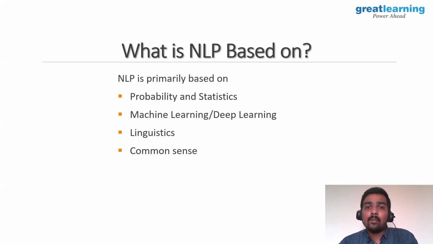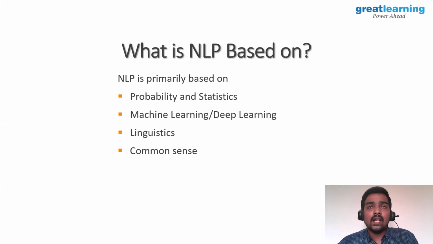So let's say I am typing something in the chat, hi, how are you doing? If I just type hey, how, the next possible words will be how are you, and when I just type are you also, it will come how are you doing, or if it is where, then it will be where are you going, right? So there are some possibilities, and based upon the probability calculation and the mathematics involved behind it, some sequence of words will be suggested for us to use. So this is based upon the probability and the statistics behind it.